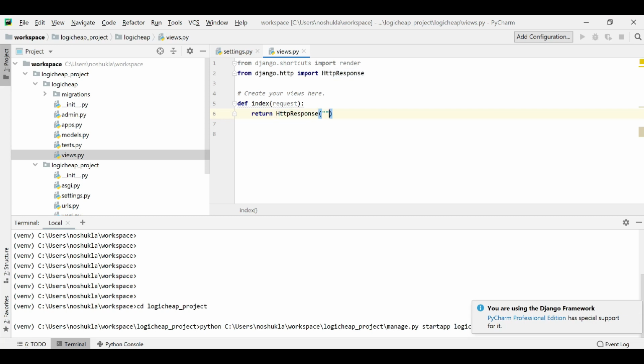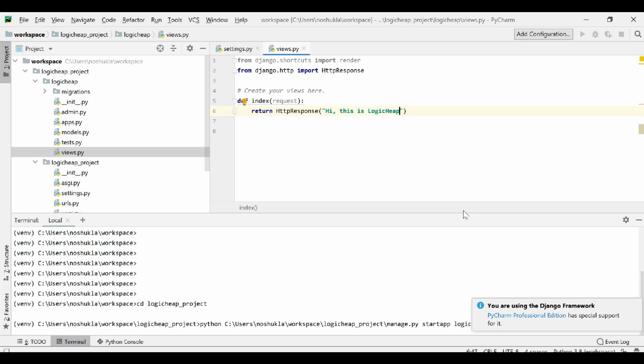What are we going to return? We are going to return an HttpResponse with the content, whatever I am giving to it. So this is, "Hi, this is LogicHeap." So this completes the module which, when invoked, will display a web page having the content, "Hi, this is LogicHeap." But